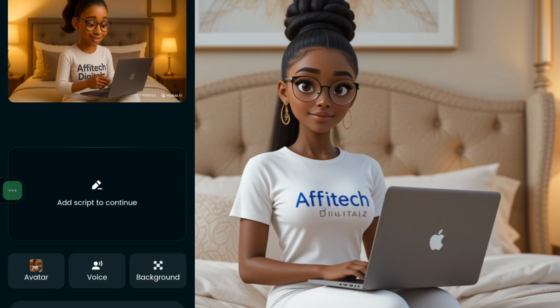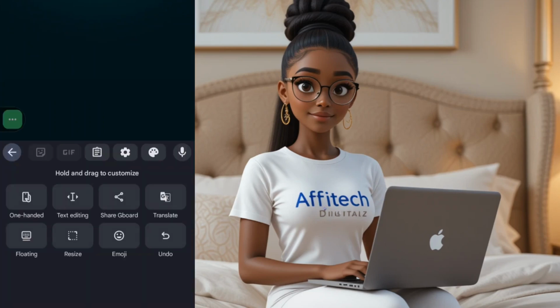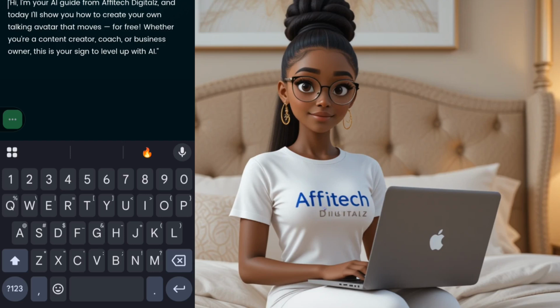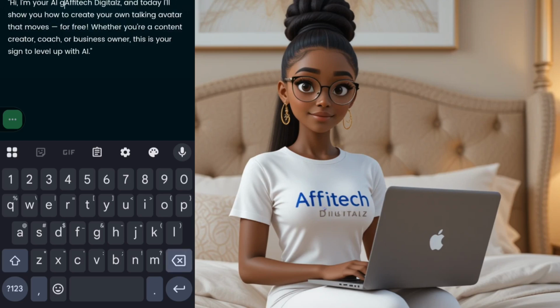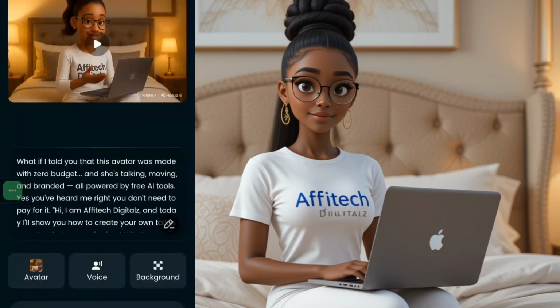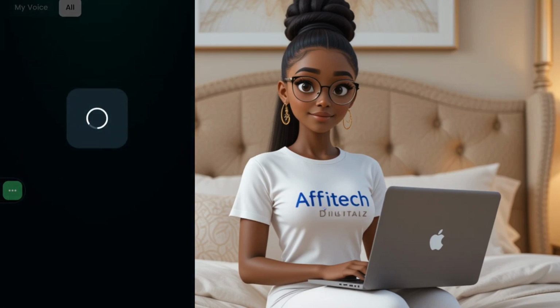I've actually copied the text I want to use. So I just need to come right here and paste all the text I needed for this, all the things I needed this avatar to say. Let me delete some part of it, but for my own I just copied the script and pasted it here. Then you come to where they say voice. Remember that this has a watermark because we are using the free version, but don't worry, we are going to deal with that on CapCut. So you now click on this voice.